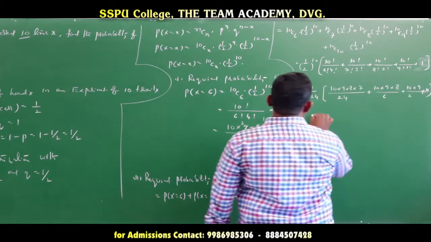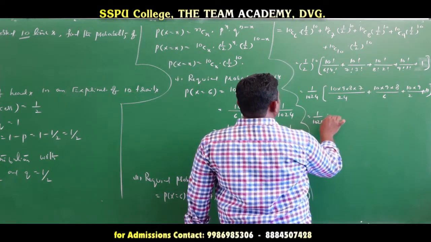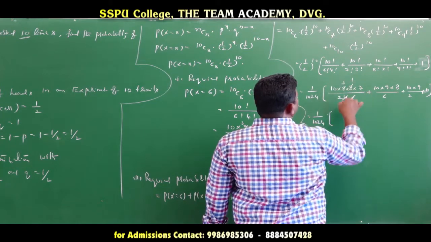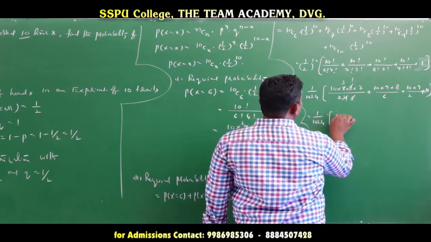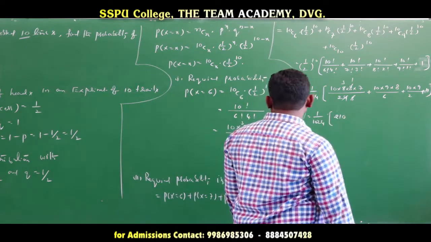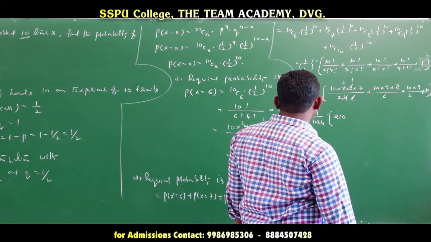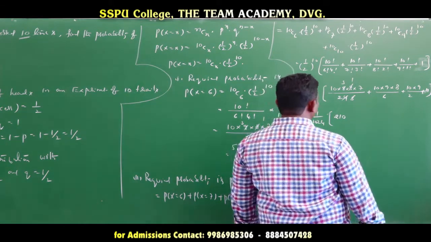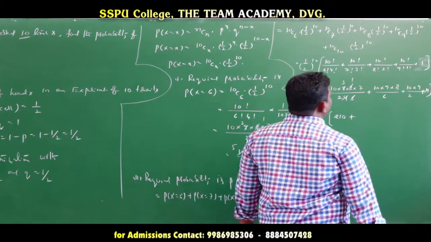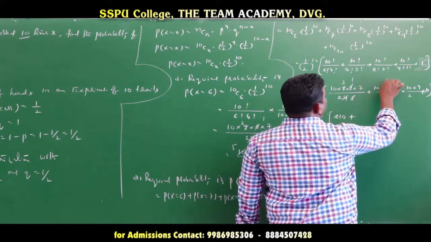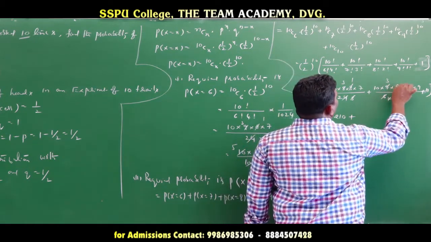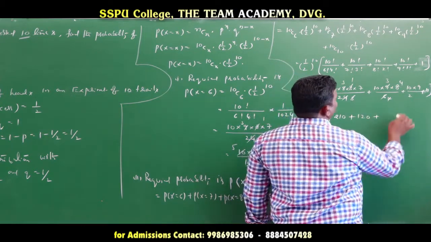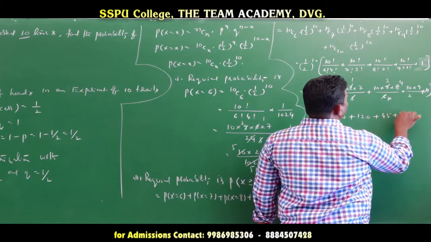Now that is equal to, if you want to find it, 1024 into this one. 8 1s are 8, 3 1s are 3, 3 3s are 9. So this value is 30, 210. This value is equal to how much more? 210 value. 210, okay? So here 30 there, 3 3s are 21, 210. Okay? Next value. So plus here, see the 3 table, 3 3s are 9, 3 2s are 6, 2 1s are 2, 2 4s are 8. So 30, 120, this value plus this value 45, plus 11 value.